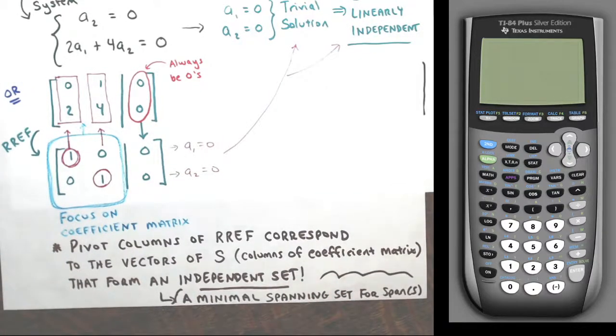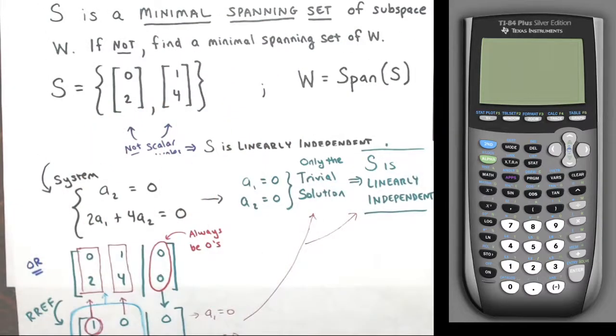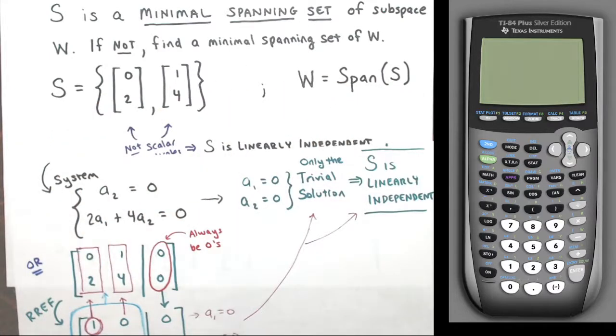Okay, so going to another example. I showed you 3 different ways you can show that these vectors were linearly independent, and therefore a minimal spanning set for the span of S, a minimal spanning set for W. All right, well,